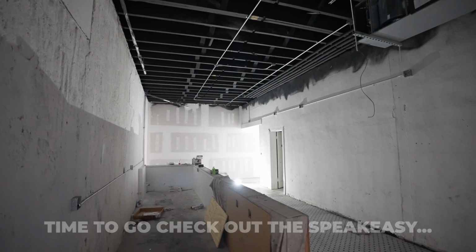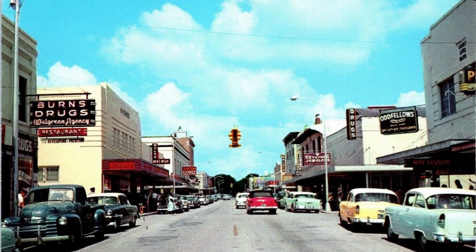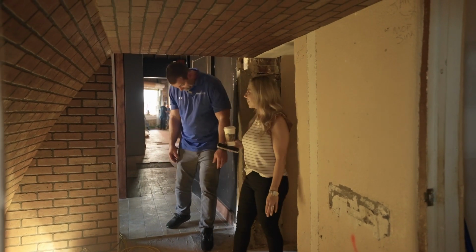Our speakeasy is a 1920s authentic themed speakeasy. There'll be an upscale cocktail lounge back there. We'll also have food appropriate to the time era as well. Well, if this isn't very speakeasy-esque, this is...